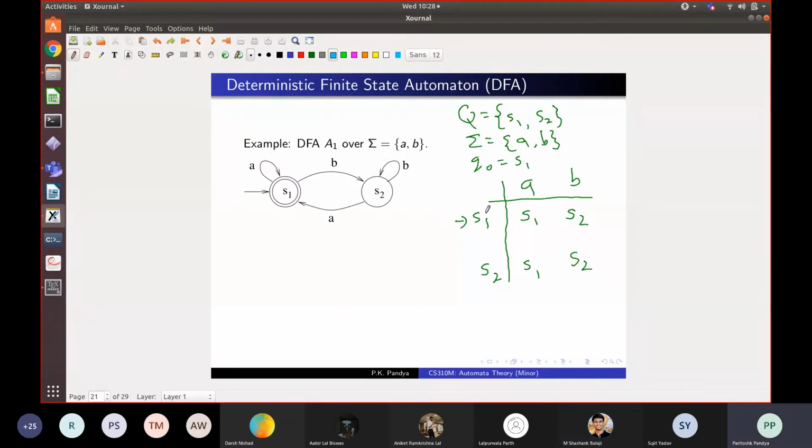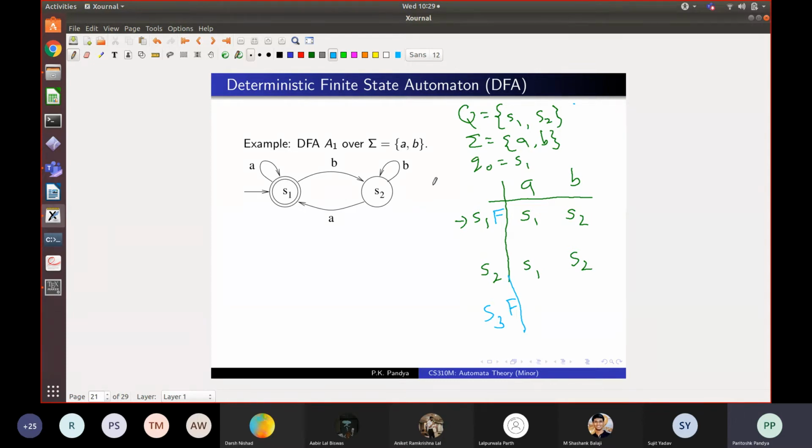Now here we had this transition table, right? Where we did not give which were the final states. So every final state is marked by putting an F after that. S2 is not a final state, we will not put it. If there was another S3 which was also final, we would put F against it. So this kind of transition table with initial state and final states indicated also represents the automaton. And the alphabet is clear from the labels of the columns, and the set of states is clear from the labels of the rows. So the whole automaton can be described by a transition table which looks like this, right?